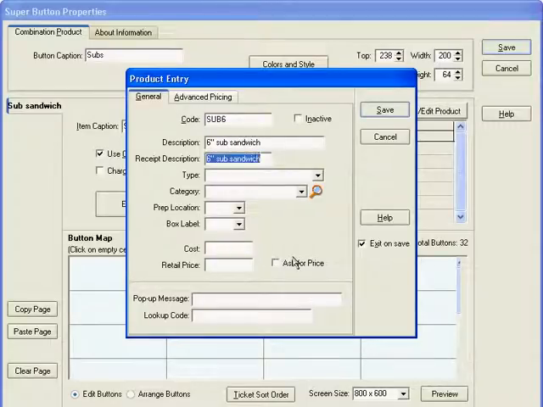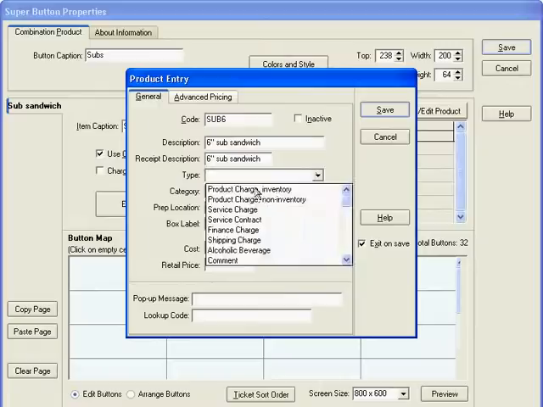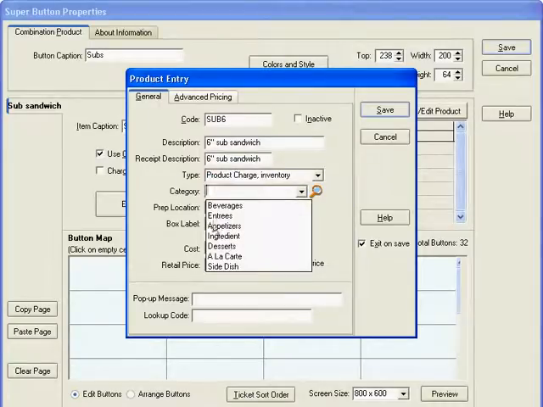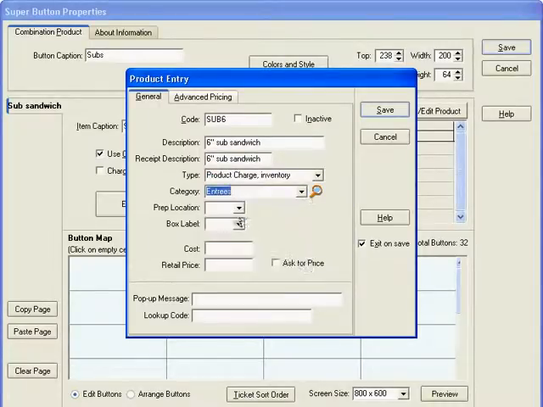This is a product charge inventory. We'll make this an entrees and prep location 1. And the cost and retail price will both remain blank. I'm going to uncheck exit on save, and what this lets us do is set up another product code and